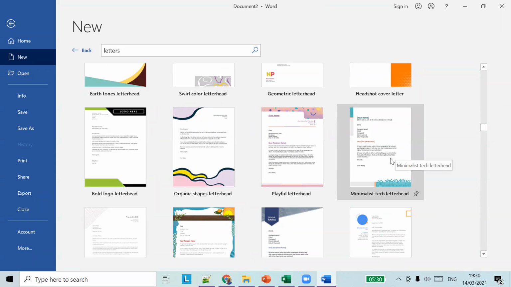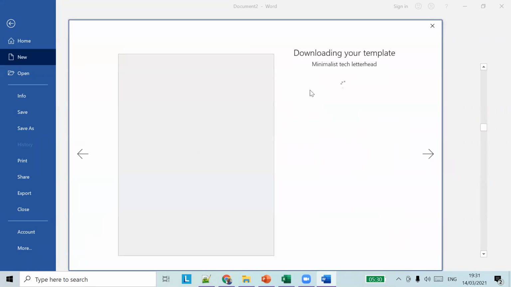Maybe we'll choose this letter template, the minimalist tech letter. I will double click on this.